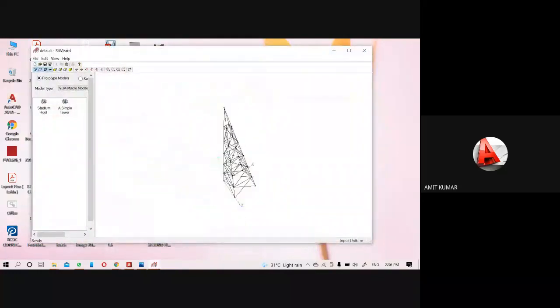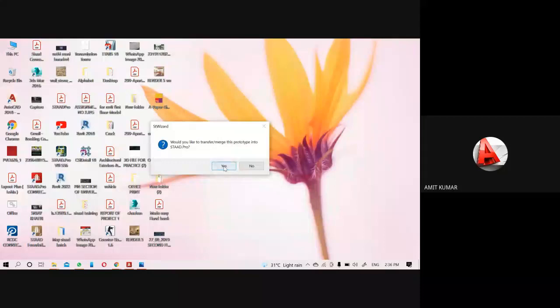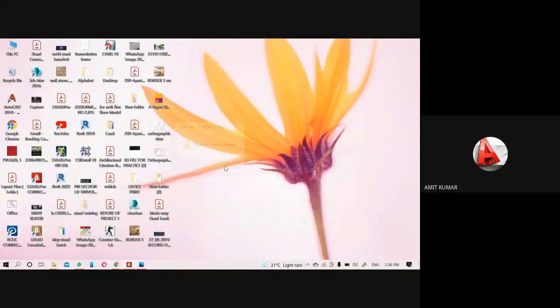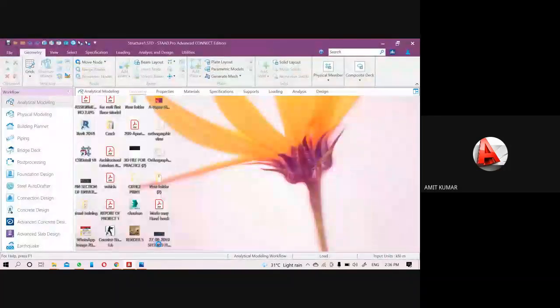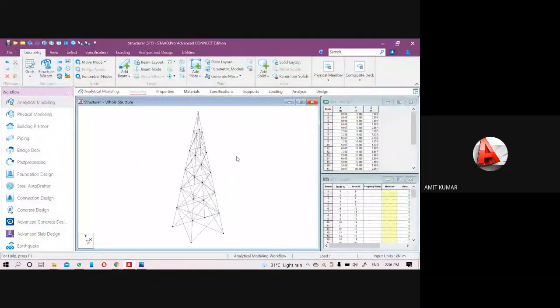Now you can see, now transfer this model to STAAD.Pro. When I was transferring it, we got a warning of duplicate beam and duplicate node, because providing 0 length will create a 0-meter length member.